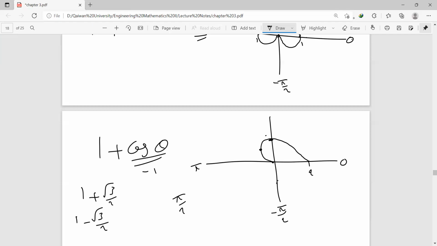Look here, take an angle between pi over 2 and pi. Yes, it's the same. You don't need to take that angle, but